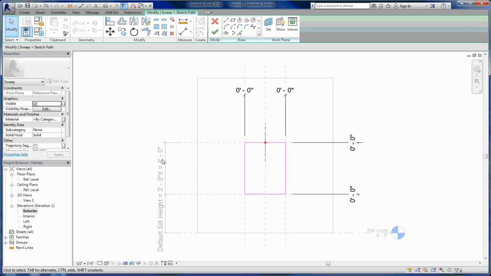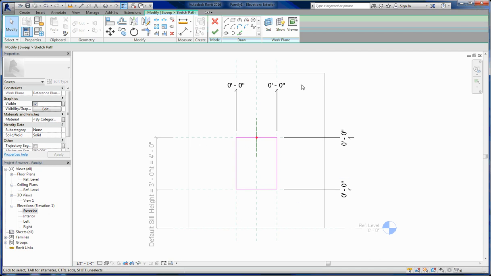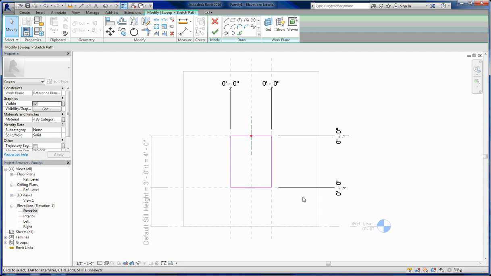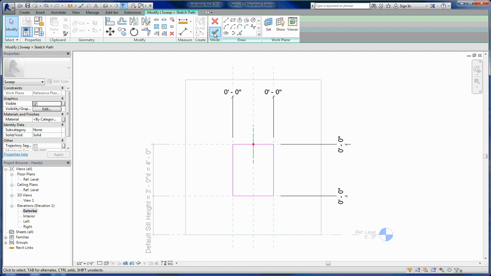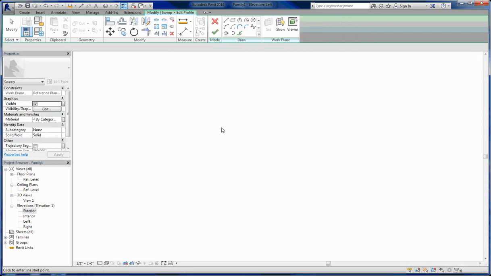So that way, as I adjust my height and width parameters and then my default sill height parameter, this is all going to move with it, because it has to keep these 0'0" dimensions consistent, since those are locked. So I will finish that,